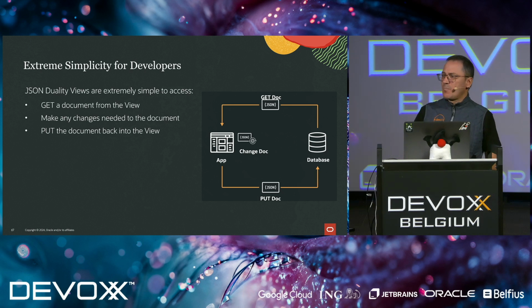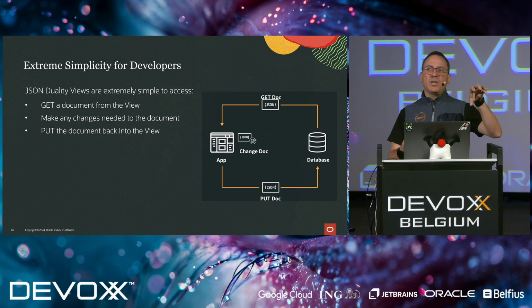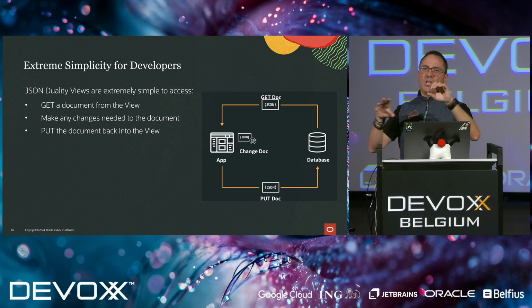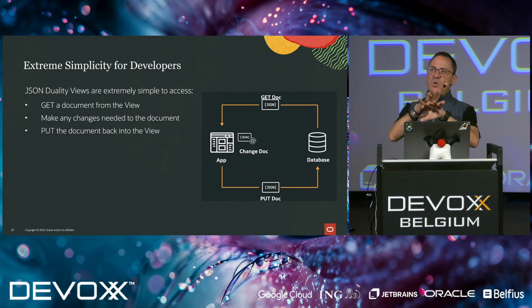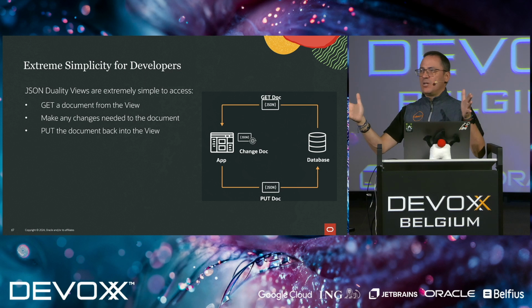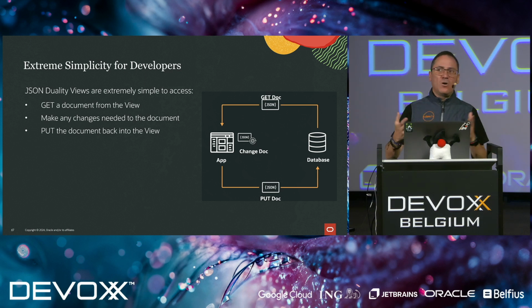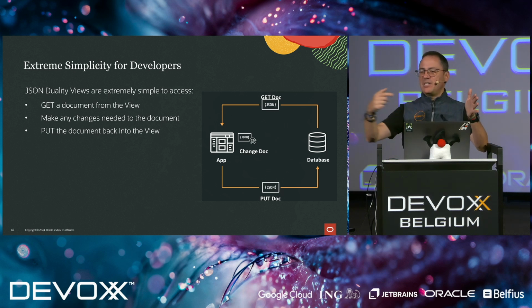Why are we doing this? If you are dealing with a lot of JSON content in your applications, the idea is that you only need to have a REST endpoint on top of your database so that you can send documents through those REST endpoints. It will be typically insert, put, post, get, and delete. So you send those documents and the database will react automatically. You can use a Spring Boot or Quarkus or Micronaut to create these endpoints very easily. There is another free tool provided by Oracle called ORDS, Oracle REST Data Services, that already exposes your database to REST. So if you have the database and ORDS, it's just a matter of sending documents directly.